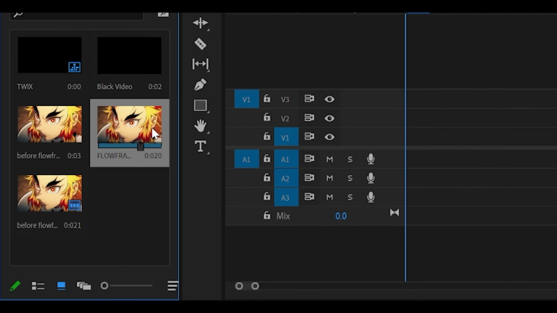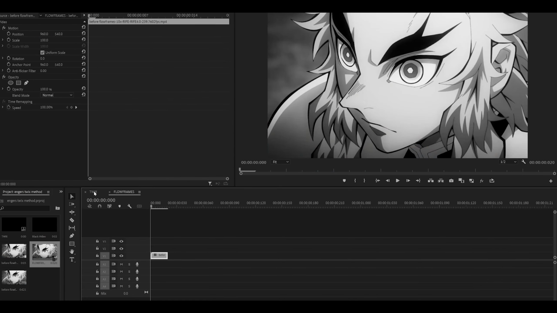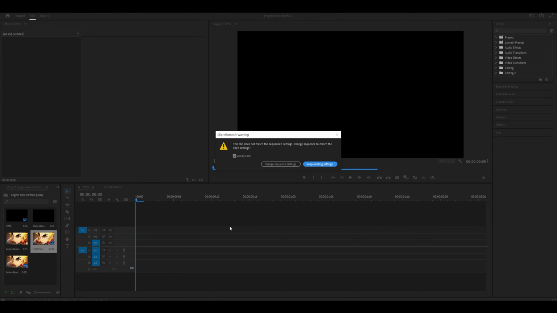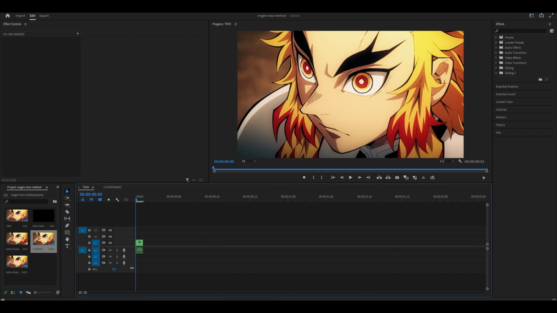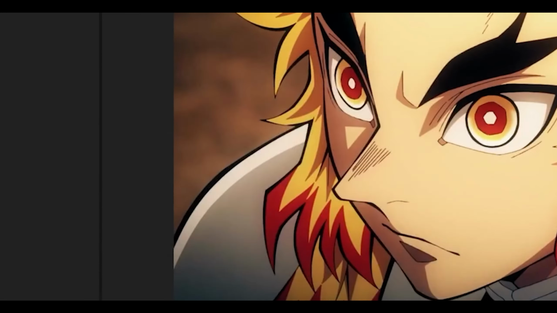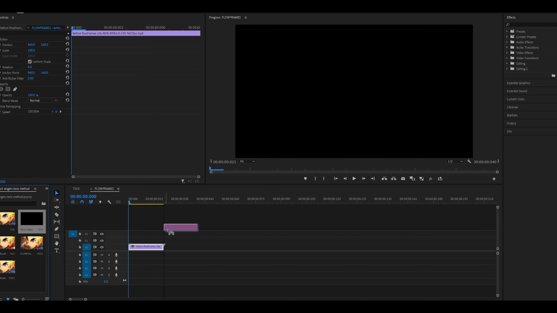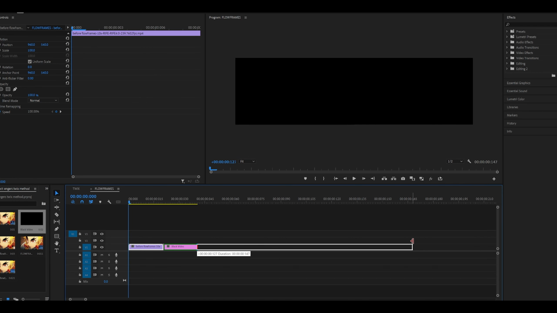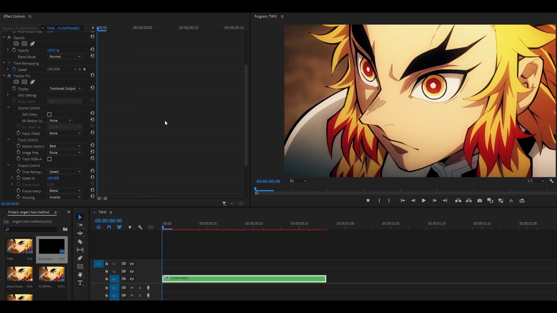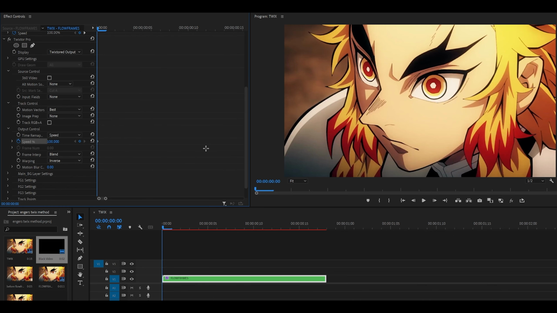So where is it? Right there, Flowframes, just drag it on top. I just opened it, drag it on top like so. Perfect. Keep existing settings. So main sequence 20 as usual, and then this one is about 239. I can continue doing the normal Twixtor method, so add on a black video, just extend it and do whatever. And so if I now add Twixtor on and create a regular graph like last time,